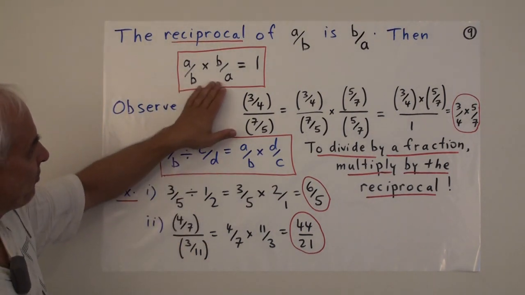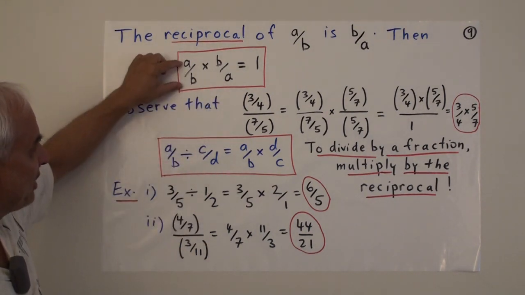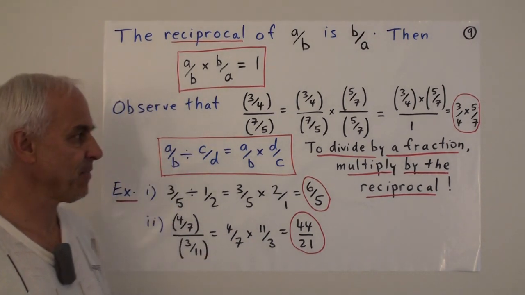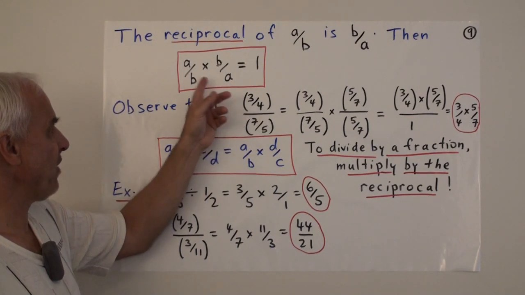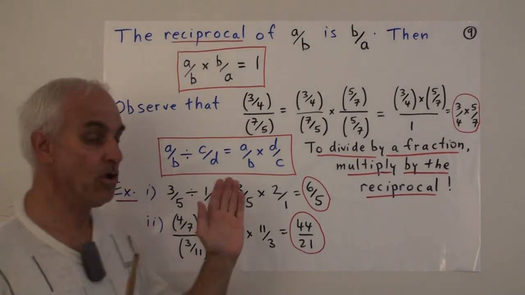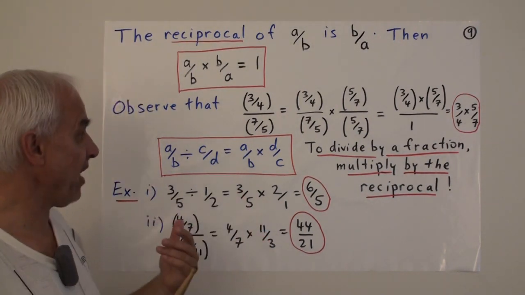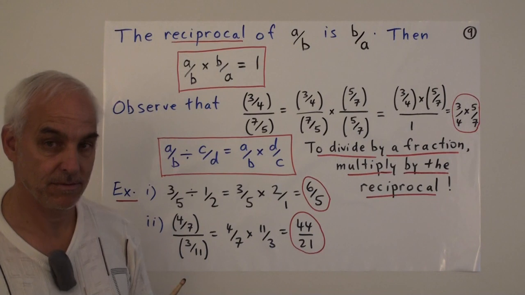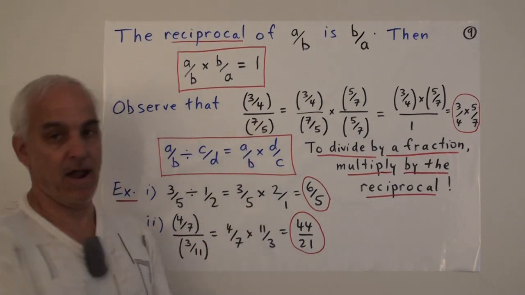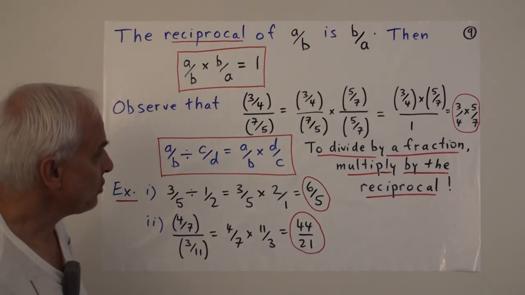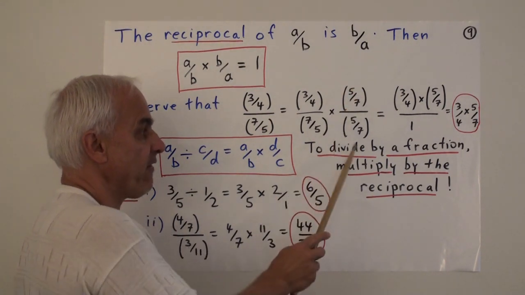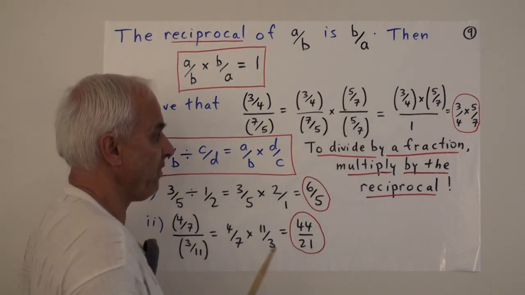So this is the crucial property of the reciprocal, that the reciprocal is telling us what the inverse of a fraction is. It's the fraction that you have to multiply by to get 1. And so here's how we use the idea of reciprocal to simplify division by fractions. So let's consider this division. 3 over 4 divided by 7 over 5. Okay, so I'm going to multiply, there's the fraction itself. I'm going to multiply by 5 over 7 divided by 5 over 7.